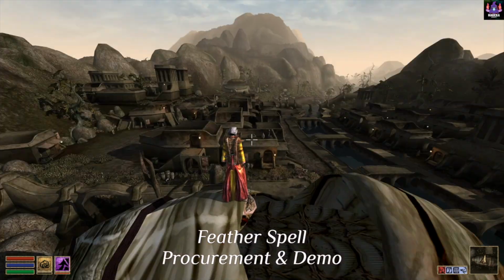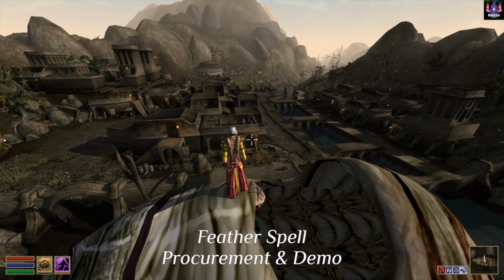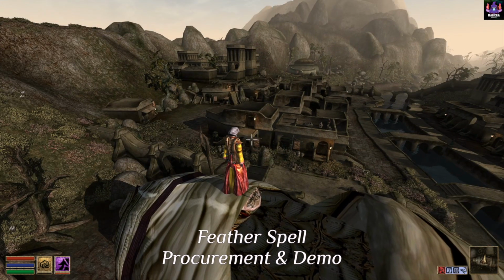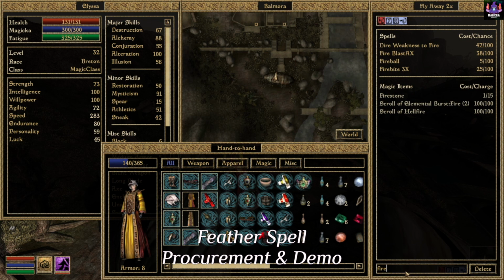Alright guys, we are here again on top of Silt Strider in the town of Balmora. Now, Feather. After playing Morrowind for 200 hours, I still don't have...